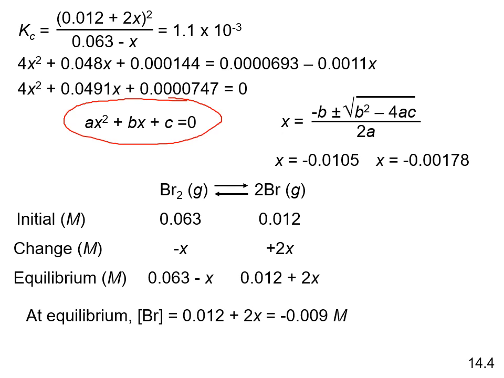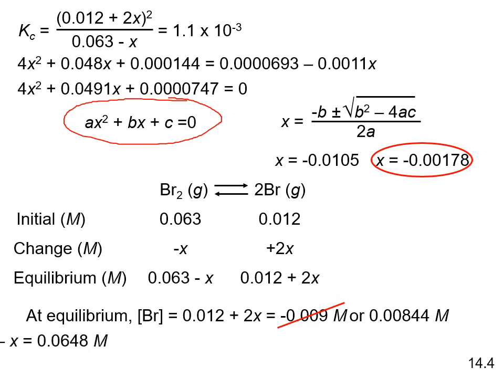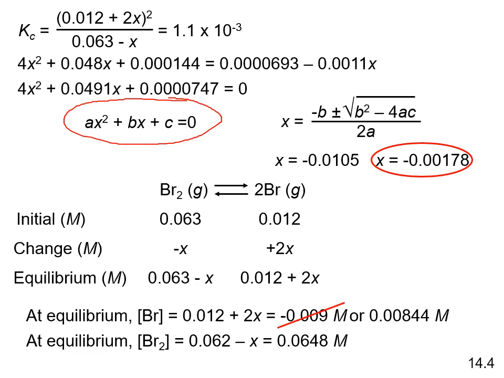So if I plug one of those numbers in, I get a negative molarity. Now that can't work, so that can't be the correct one. So if I plug the other one in, I get a positive molarity, and so that is the correct number of what my x is. So it can't be that guy. It has to be that guy. And then I can plug in my numbers and I will get